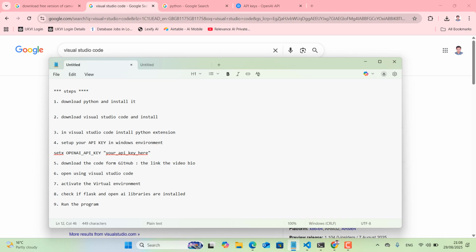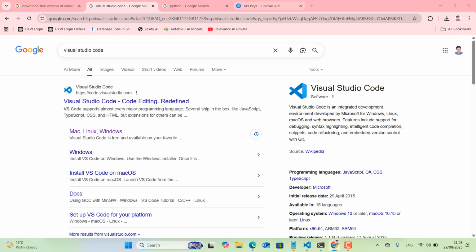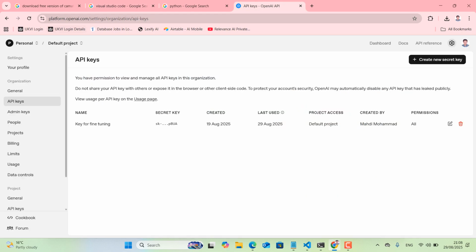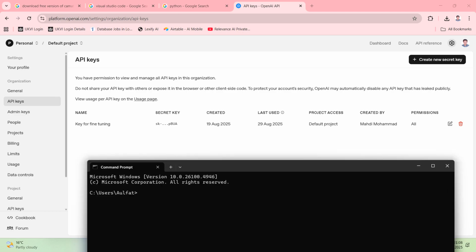And then we need to set up our API key. First, we need to create an API key. Then we can set up our API key. As you can see here, I am on the OpenAI platform. We have to create our own API key. But remember to never hard code the API key within the code because it will cost you and others can even use it, it will cost you. Instead, you can set it up as an environment variable. So after clicking on create new secret key, then